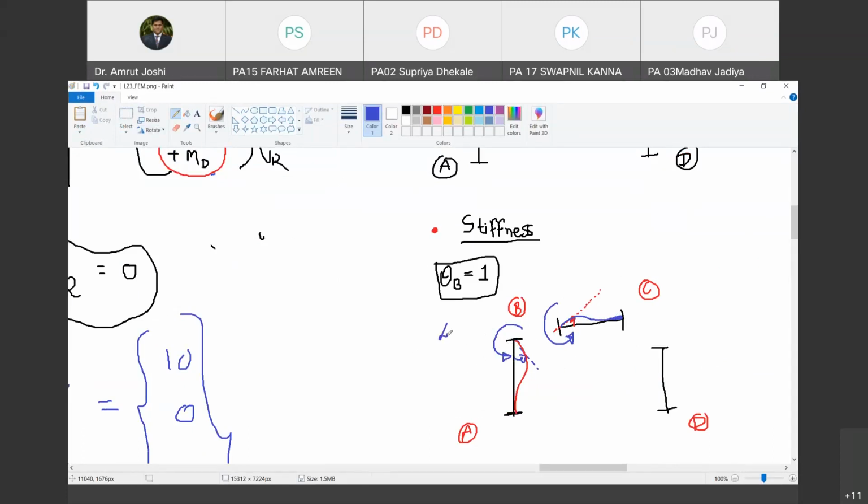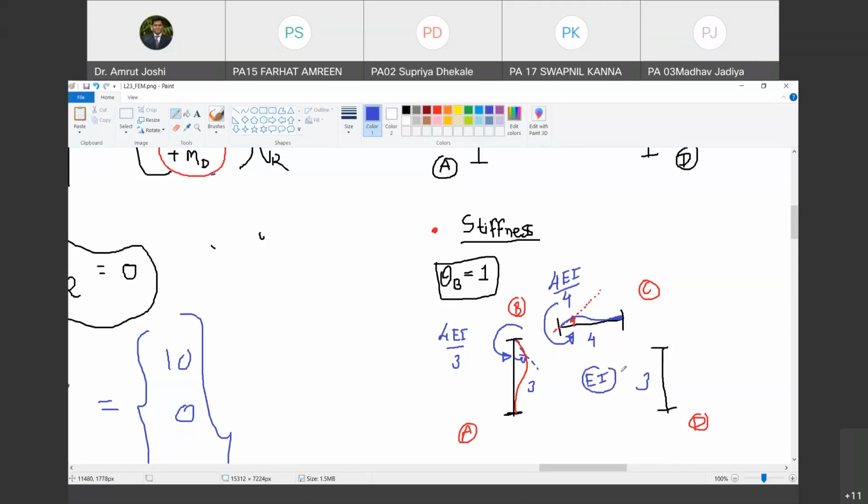What is EI of column? EI itself. What is length of column? 3. So this moment has to be 4 EI by 3. Do you agree with me? Yes, sir. Now in beam, look at the far end. It is fixed. So therefore this has to be 4 EI of beam, EI same as EI of column, but 4 EI by 4 because length is 4. Do you agree with me? Yes, sir. 4, 3. These are the lengths and EI is constant.